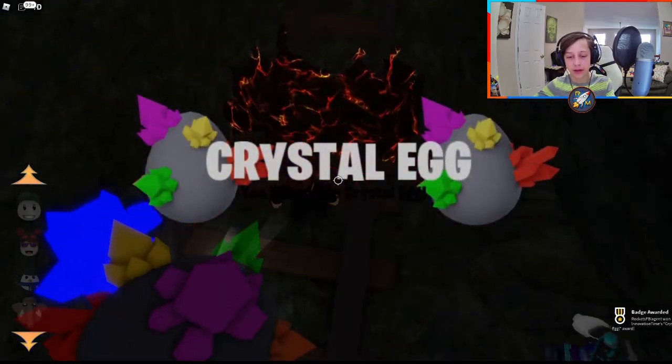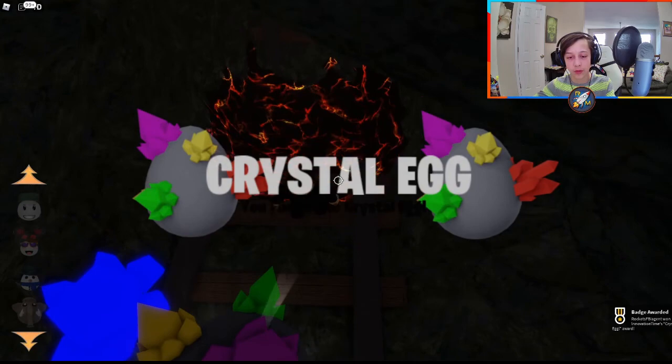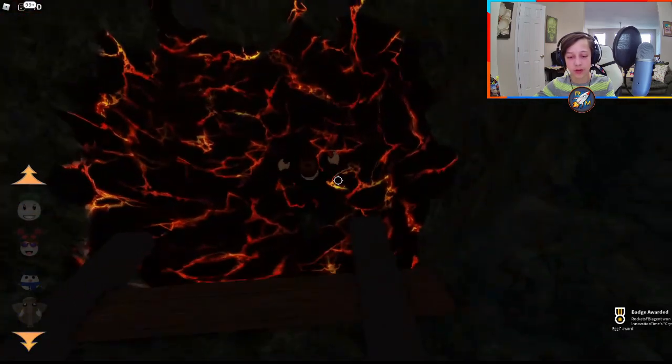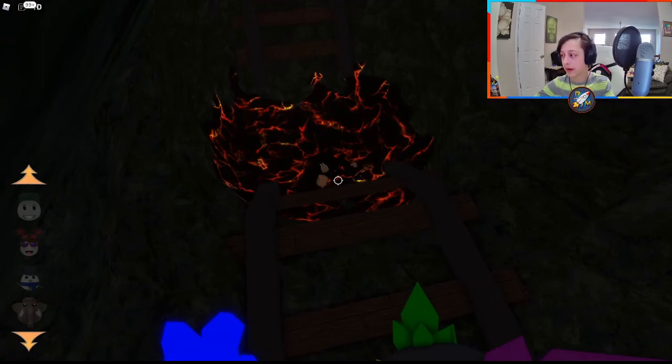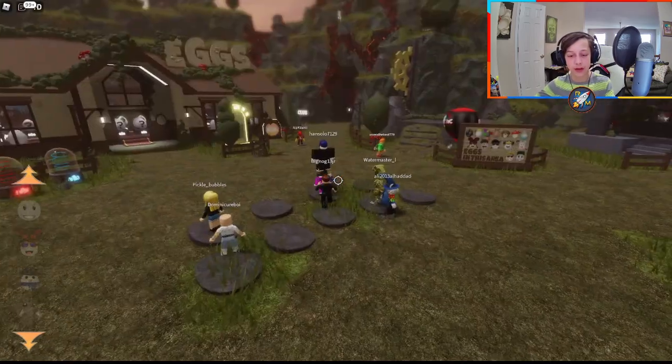Get that crystal egg, like I said. You can go on that thing if you want. I normally do it just to get back to spawn real quick, since there's no other eggs back here that I'm aware of. I just walk in there, and that's about it. So after you do that, you're gonna come back to spawn,